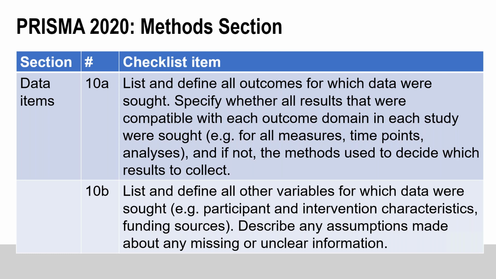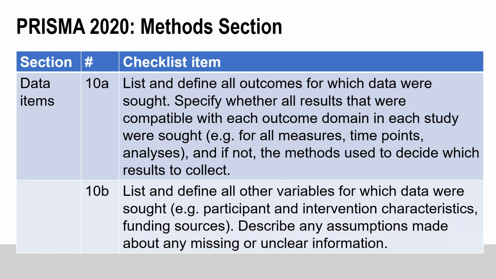So a study might report pain at 3 time points using 3 different measurement scales, and it can be unclear whether review authors are actually going to extract all of that data and combine it in some way, or use some hierarchies of measurement instruments and time points or analyses. And so we're asking people if they've used any methods to select a subset of results for each outcome to specify them in the review, so that readers can make a judgment of how valid that